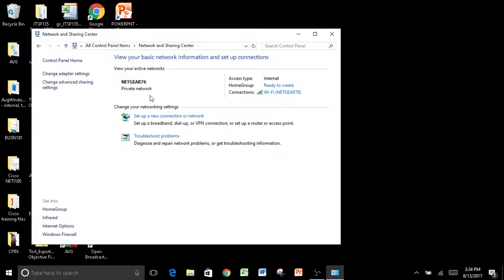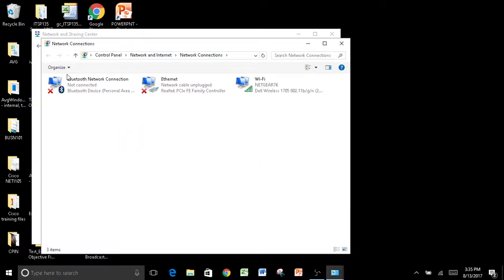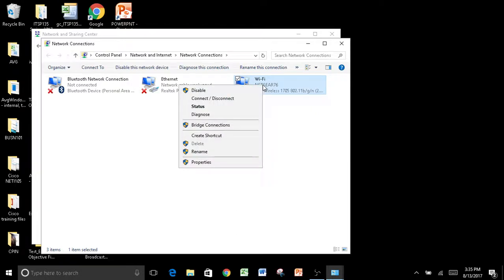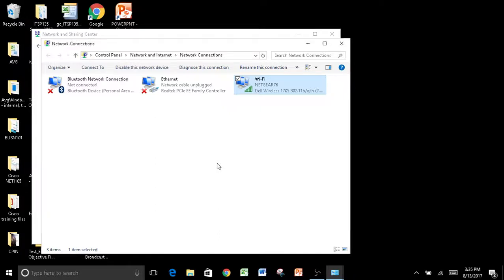So here is a look at, I'm on a private network, my internet's ready to use, and I am connected on Wi-Fi to a router whose SSID is Netgear 76. I can go in here and look at my adapter settings. Like I said, I'm on Wi-Fi and I have my Ethernet cable unplugged, so that's got a red X through it, and it says it's unplugged. So if I want to look at my Wi-Fi configuration, I can go down there, go to Properties,